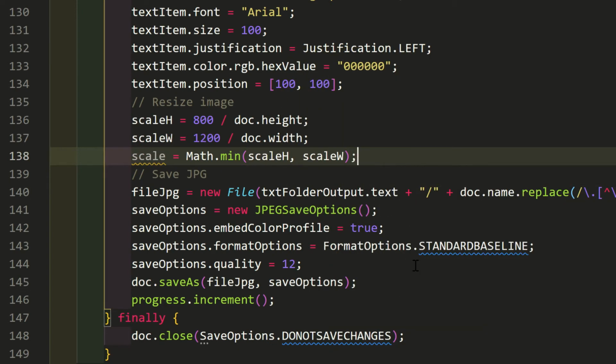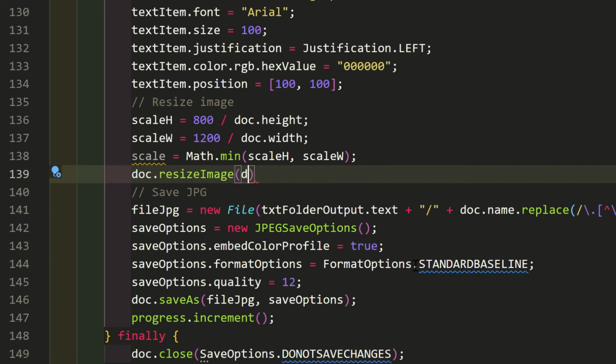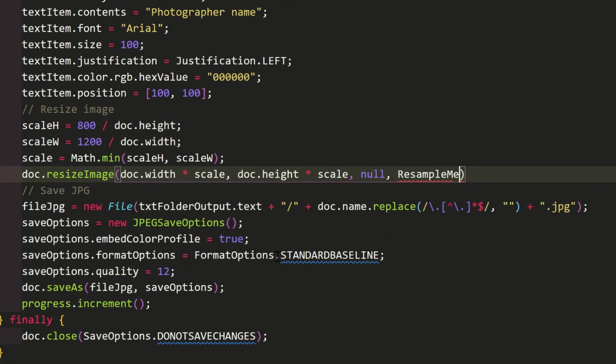The result is a scaling factor, not a percentage. If you want percentage, multiply the factor by 100. But that's not needed in this case. All we have to do is multiply the factor by the current image size. doc.resizeImage(doc.width * scale, doc.height * scale, null, ResampleMethod.BICUBICSHARPER).